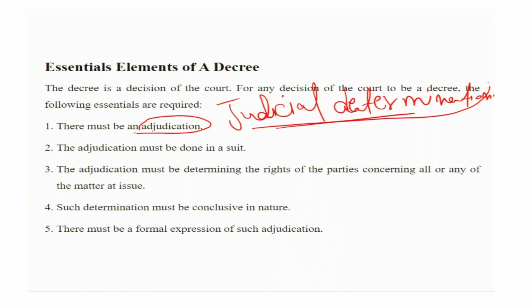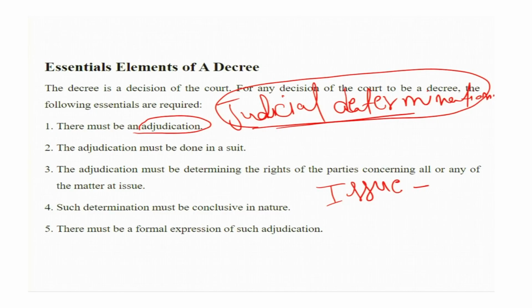There are a number of things by which you can tell whether this is adjudication or not. I already told you, like administrative matters from executive authority, because executive authorities are not judicial courts. Apart from it, what you get from different administrative cases is not a judicial decree, that is not adjudication. So, there must be a judicial determination of your issues. Issues are also another thing; basically we frame issues for understanding this decree.